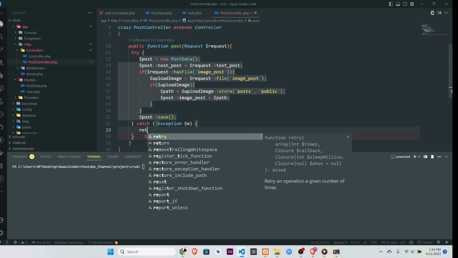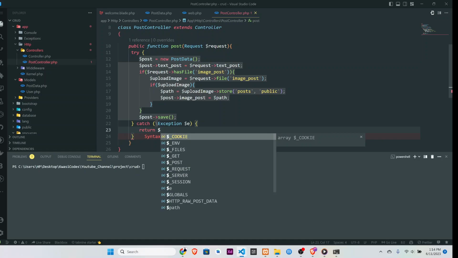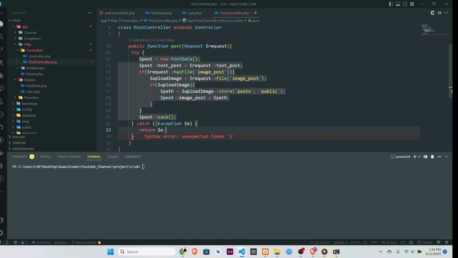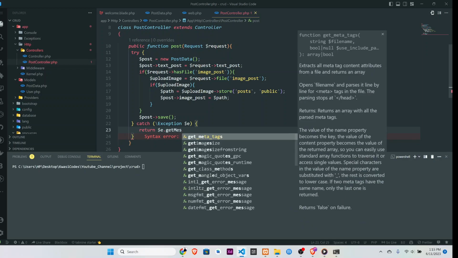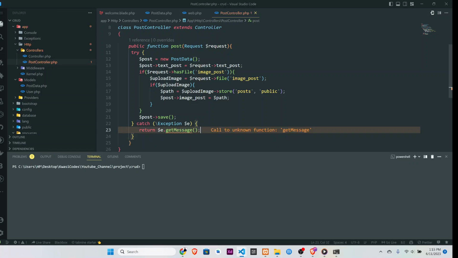We want to return the error, and we are going to call the get message function to get the error message. Alright, get message,